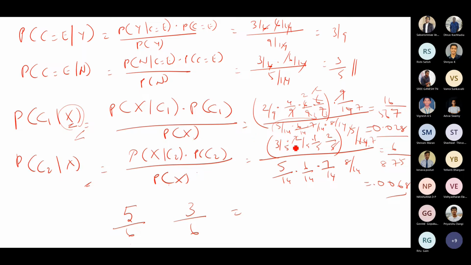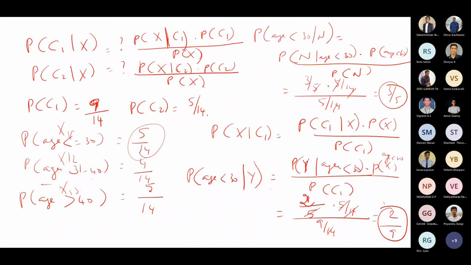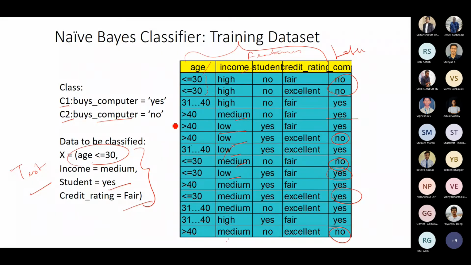Okay, so this is going to be your scenario. Your model is essentially trying to construct all the probabilities. So you have to consider probability of age less than 30 given yes, age between 31 to 40 given yes, greater than 40 given yes. Similarly for no, you have to consider. Similarly for income being high, medium, low, yes, no. So you have to compute 6 probabilities here.